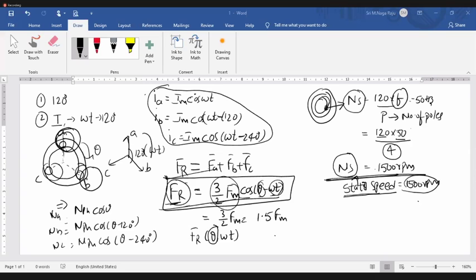Suppose there is no relative speed. For an instant, listen, if there is no relative speed, that means Ns equals N. Now what is the EMF induced in the rotor winding? If the rotor speed and the stator speed are both the same, what is the EMF induced in the rotor winding? 0, because the rotor conductors and the stator flux are both moving at the same speed. Then there is no cutting action and no change of flux linkages. EMF in the rotor conductor is 0.